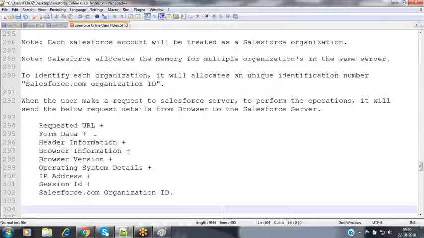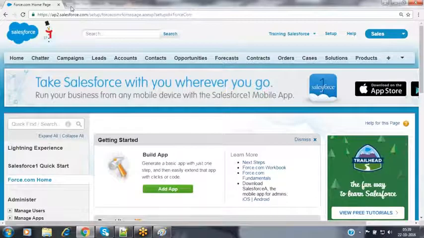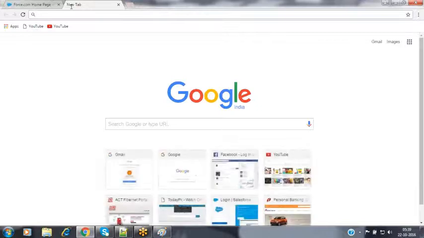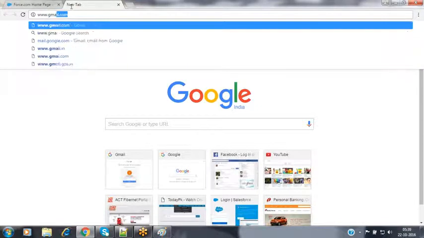So it will be tracking each and every piece of information. Suppose I'm opening up the browser to access my Gmail application or banking application, so I specify www.gmail.com. When you press enter, the browser automatically sends a request to that associated domain. Gmail.com is associated with a server, and that server internally has some address. To that address, it makes a request. While sending the request, it sends not only the requested URL, I am requesting the Gmail server to please provide me the application of gmail.com.